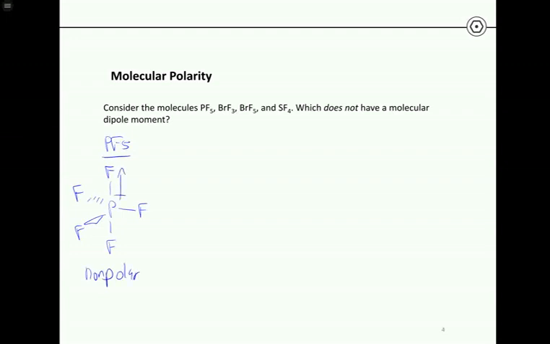These two, it's obvious. One points up, one points down. The ones on the trigonal plane of this molecule are a little less obvious because we have to talk about the dipoles in 2 dimensions now. But when you have a triangle of atoms like this and the dipoles all point towards the corners of the triangle, they also cancel each other out. So this one's nonpolar. BrF3, okay, so if we draw the Lewis structure for BrF3, it's going